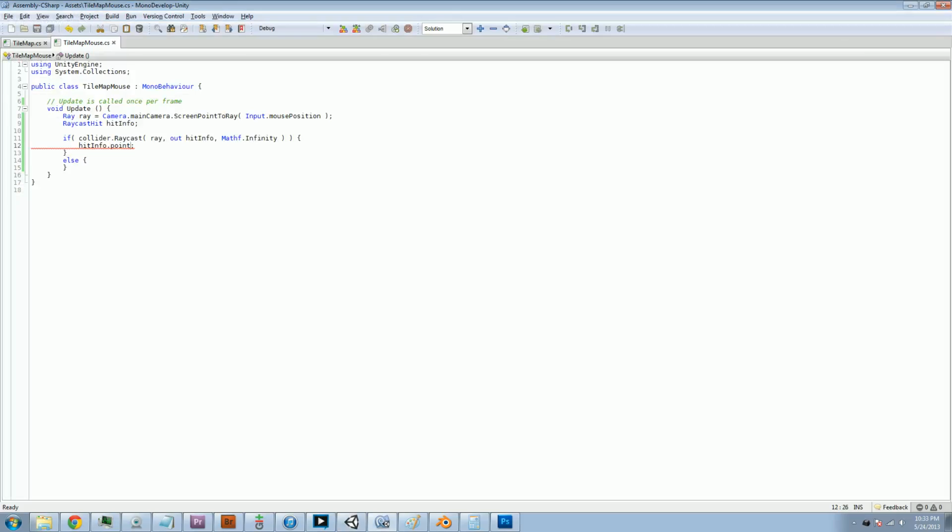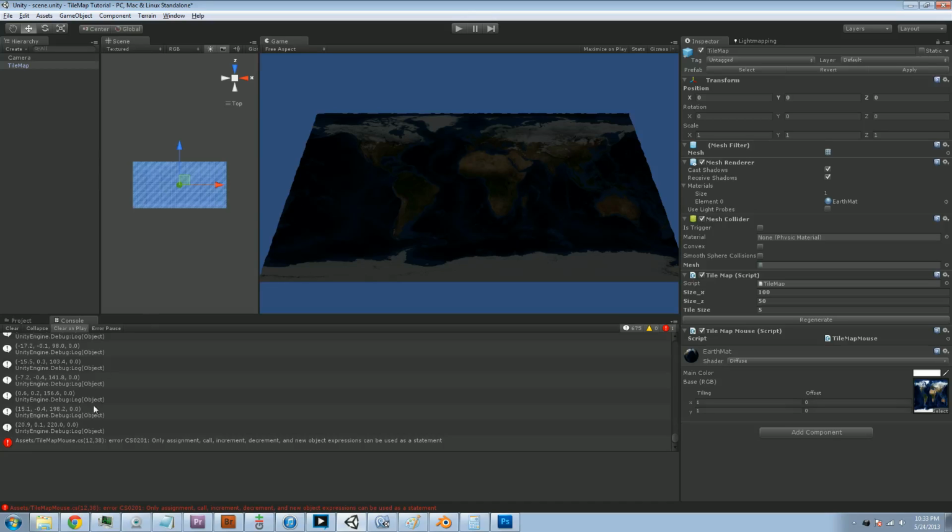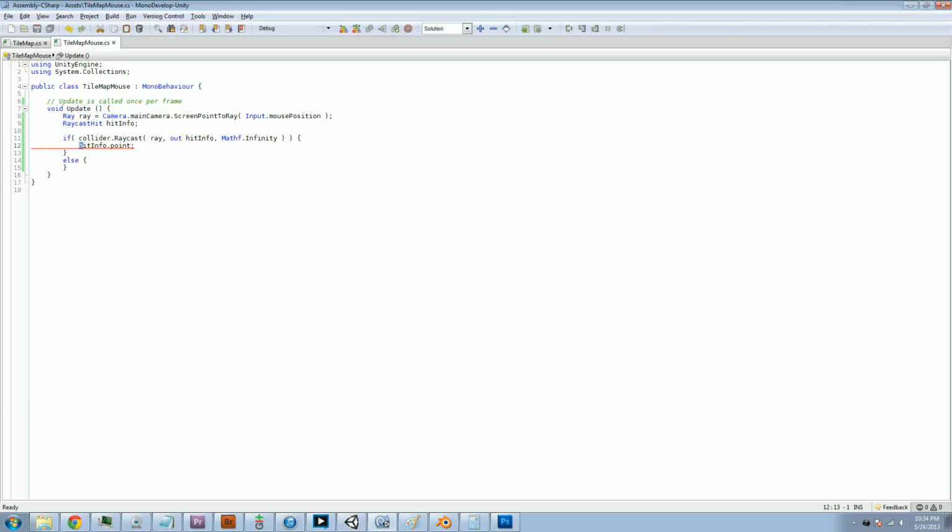continue as is. So we've got the hit point, but what we want to do is convert this to a tile, because obviously we're getting floating point numbers. That's pretty darn easy to do, because all we have to do is convert these to integers, and that will work fine, right? So we can go something like int x is equal to hitInfo.point.x, and we can cast it to an integer. We could use Mathf.FloorToInt, I guess, is probably a better way to do it. Same thing with the z coordinates, and then we can just